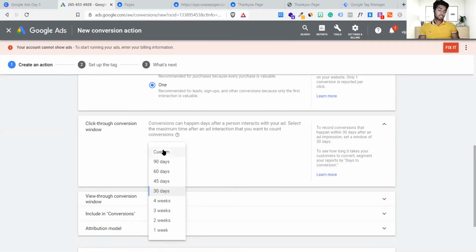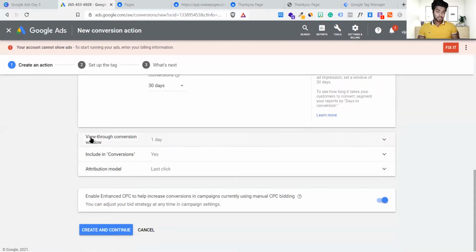Okay, you have custom dates up to, you can go beyond 90, it's fine. So 90, 60, 45, you can go ahead like that. Okay, that you can do. This is called the click-through window. Okay, you can do some research on how it works, but for basic information I gave you an idea of how the click-through window really works. Okay, so let's go ahead and explore a few more interesting things.